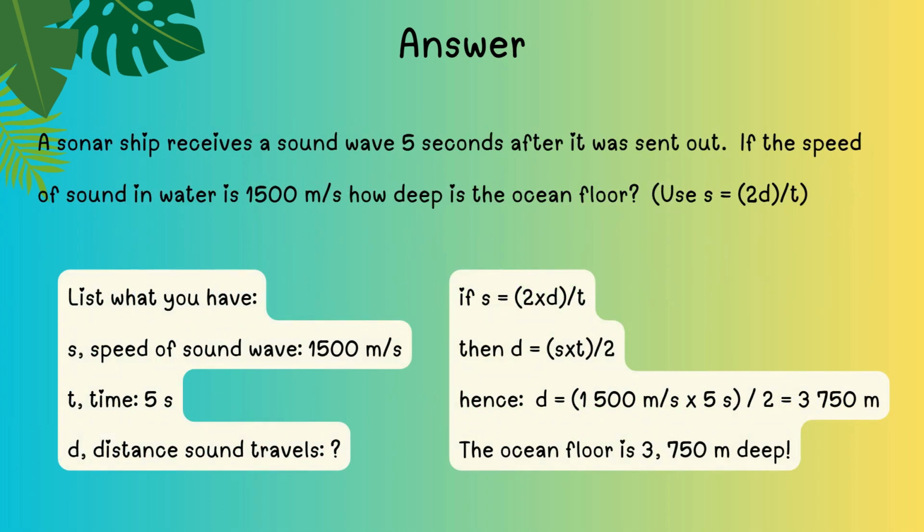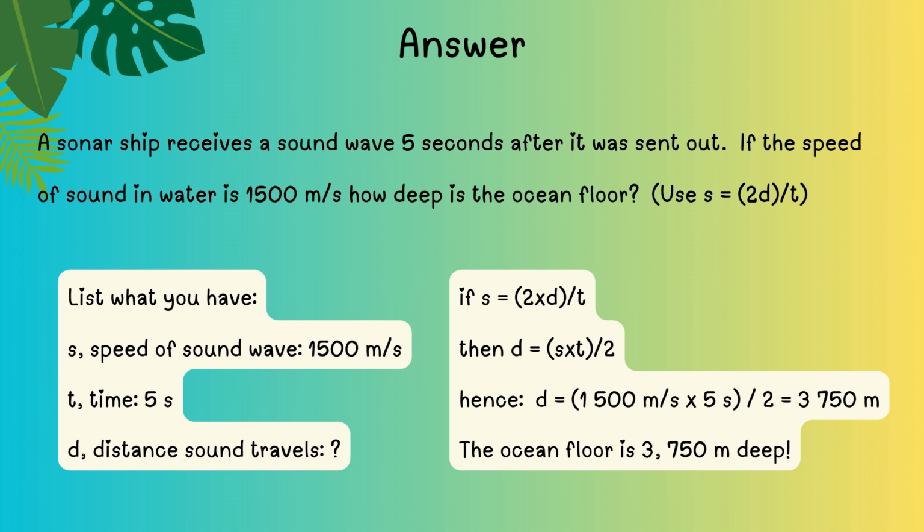Answers. First, I always tell students to list what you have. So S is equal to the speed of the sound wave, 1500 meters per second. The time is 5 seconds and the distance is what we're looking for. If S = 2 times the distance divided by the time, then we can transpose for D, where D will be equal to the speed of the wave times time divided by 2. Hence, if we multiply 1500 meters per second by 5 seconds and divide by 2, we get 3,750 meters. The ocean floor is